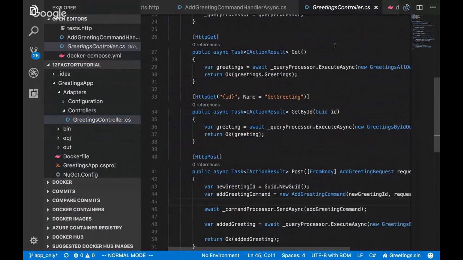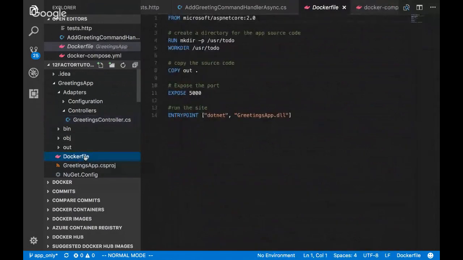this application, but more interesting perhaps than any of that from the point of view of the 12-factor app is you'll note we have a Dockerfile in here. So what we're actually going to do is run this application using Docker. This is a very simple Dockerfile. We simply take the off-the-shelf .NET Core 2.0 image, just take the one provided by Microsoft, and we copy our